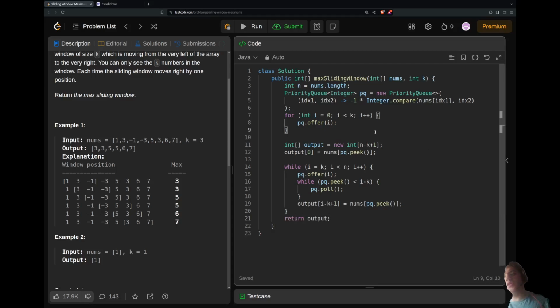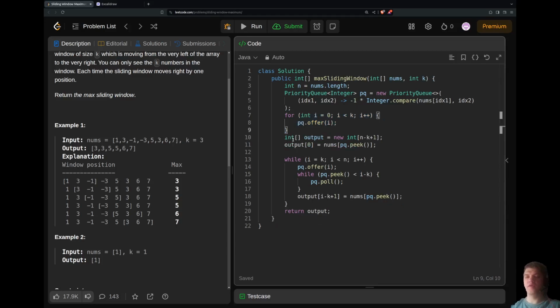So as I said initially, I have a priority queue where the order is based on the values in the nums array, and in the priority queue I store the indexes of those values. The ordering is a reverse increasing order, so decreasing order. So at the head, or the root of the heap, I'm going to have the maximum element. Initially I'm going to go through the initial window of length k and offer all the indexes to the PQ,